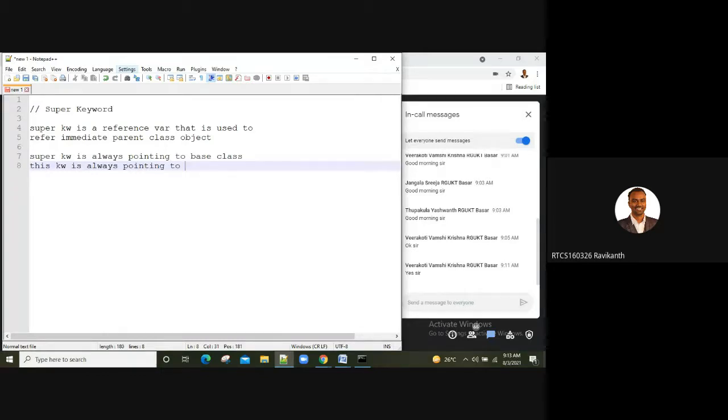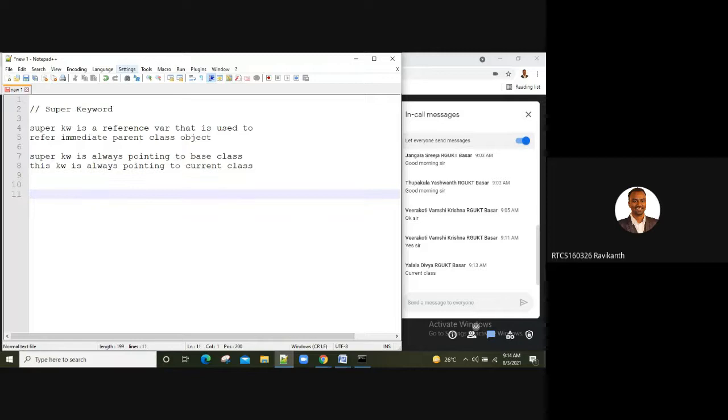Yes, the current class. Good, Divya. Whereas the super keyword is always pointing to your base class, where the scope is outside the class, but in the this keyword, the scope is within the class. Understood the difference between this and super?